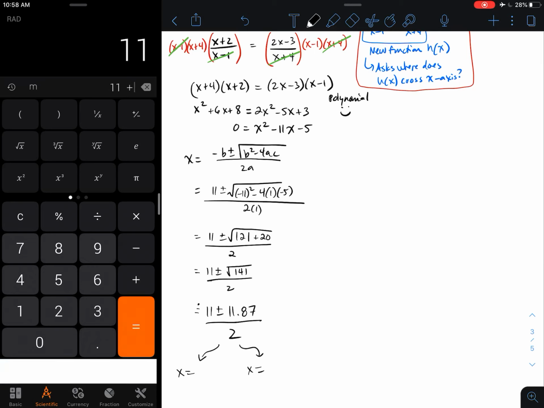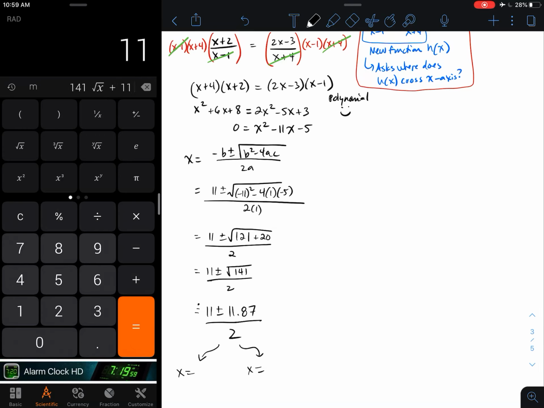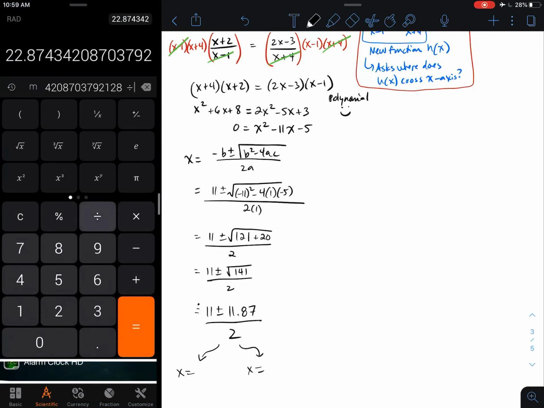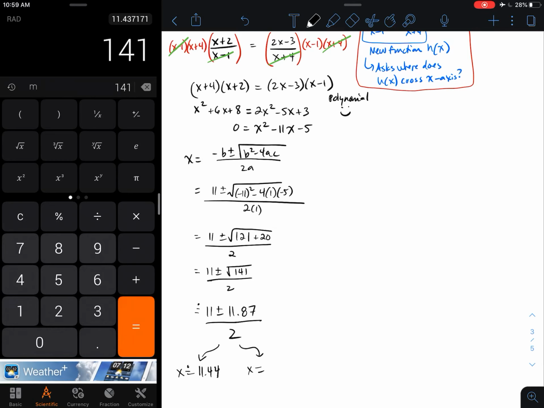Oh, I wonder if I can do that. 141. Oh, I know, I'll just put in brackets. No, can I? Oh, goodness. Okay, cool. And then I'll take that and I'll plus 11, and I'll divide by 2. So I get 11.44-ish over here. And then if I take the square root of 141 and I make it negative,